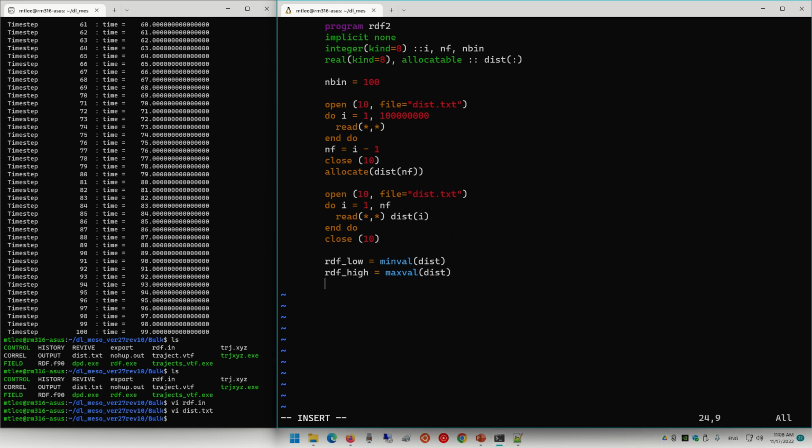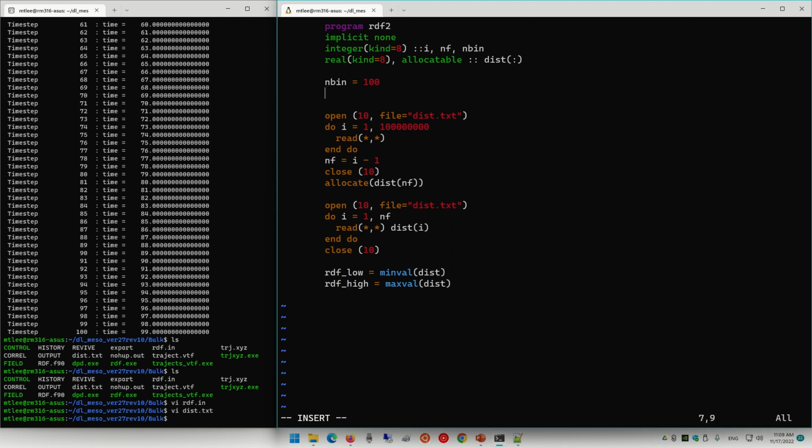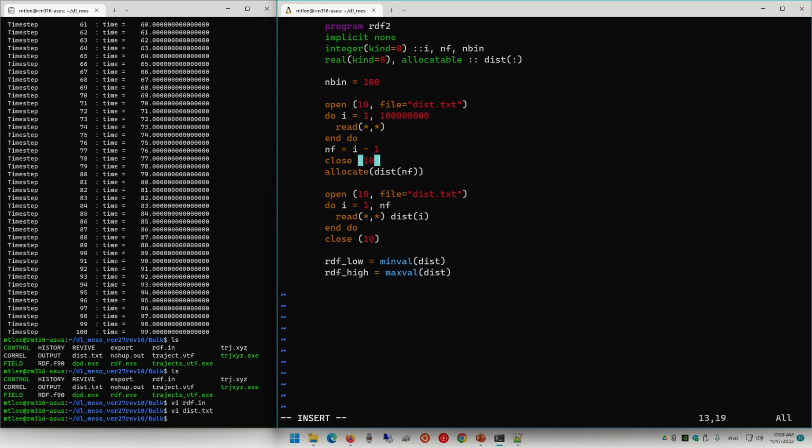So we just need to count the bin size, X bin, so the bin size, RDF, the bin size, hold on, how can I call it?